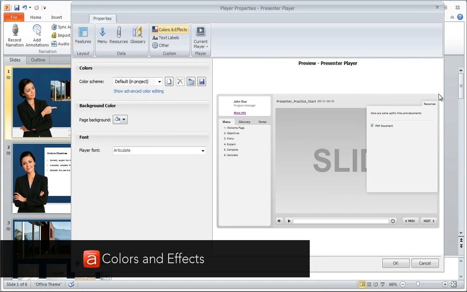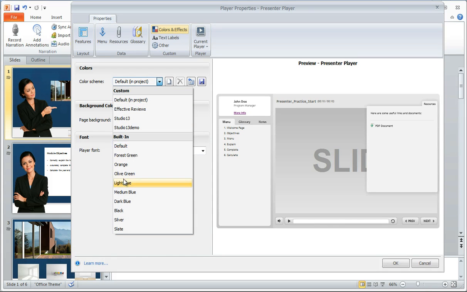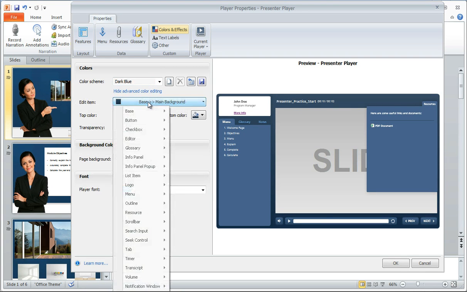So all the color scheme that you see here, this is the default color scheme, but this is really cool. I can come into color scheme here, and I can choose one of the built-in themes. Maybe it's going to be dark blue. Or I can go to advanced color editing, and you will see that every element of this player I have